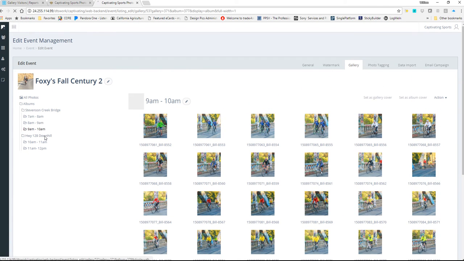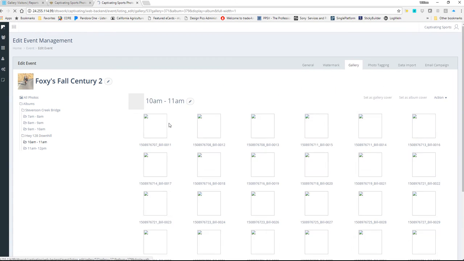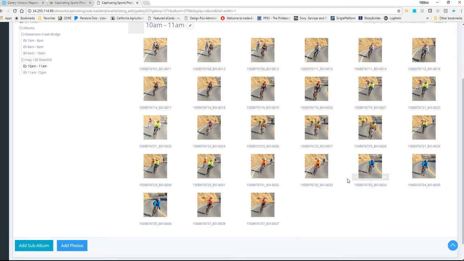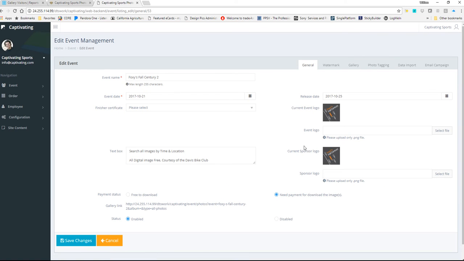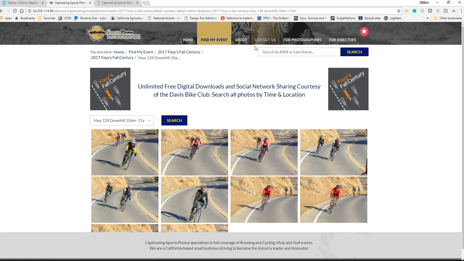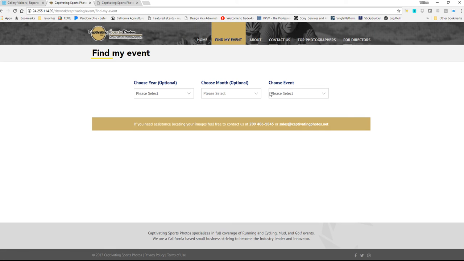So then you go to the downhill. Again, a handful of images. So thinking that this was the proper way to set it up, then I went in and I enabled the event, released it. But when you go to the event,